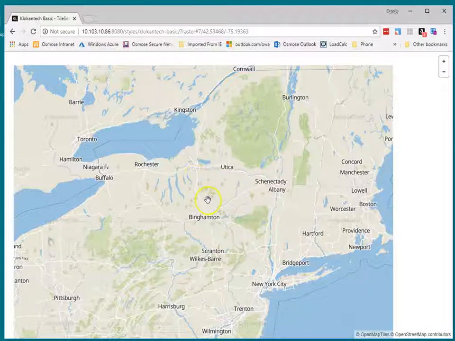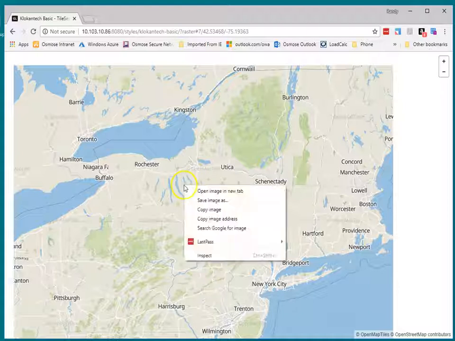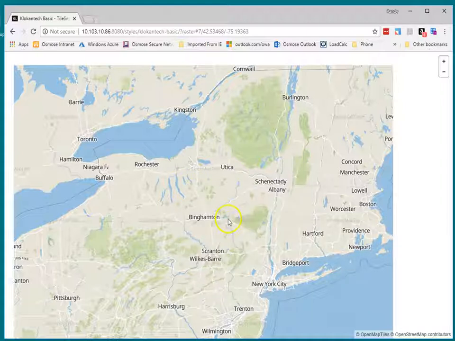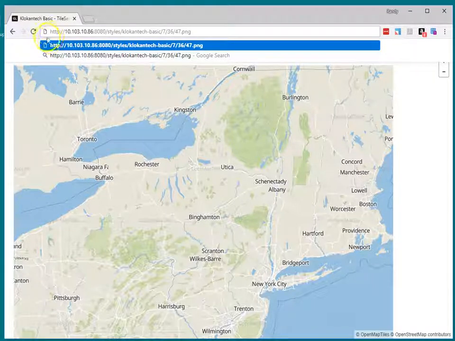What you need to do is just pick any arbitrary tile, right-click on it, and say copy image address, and then paste it in up here. And now you see the part we're going to need to set up O-Calc Pro. So the first part is the IP address and port 8080 of our Ubuntu machine, then the style that we picked, which was basic, and then these three digits, which change based on where this tile is and what the zoom level is, .png, and then the system is going to dynamically serve that address. So let's copy that,